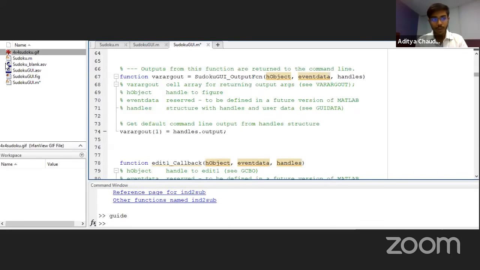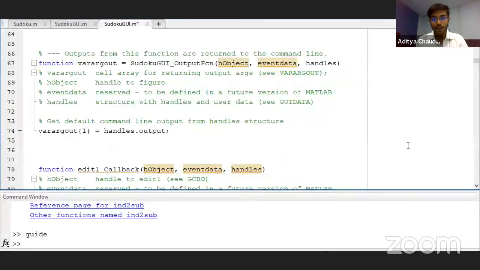What you have to do next is scroll down to the end of the code, and you'll find the check answer button over here. We'll be adding a few lines of code, but before that, let's finish off with the reset button. For the reset button, we just have to put 2 lines. It's close all, and we will call this GUI again. So it's Sudoku GUI. That's it. That's what you have to do in the reset button.